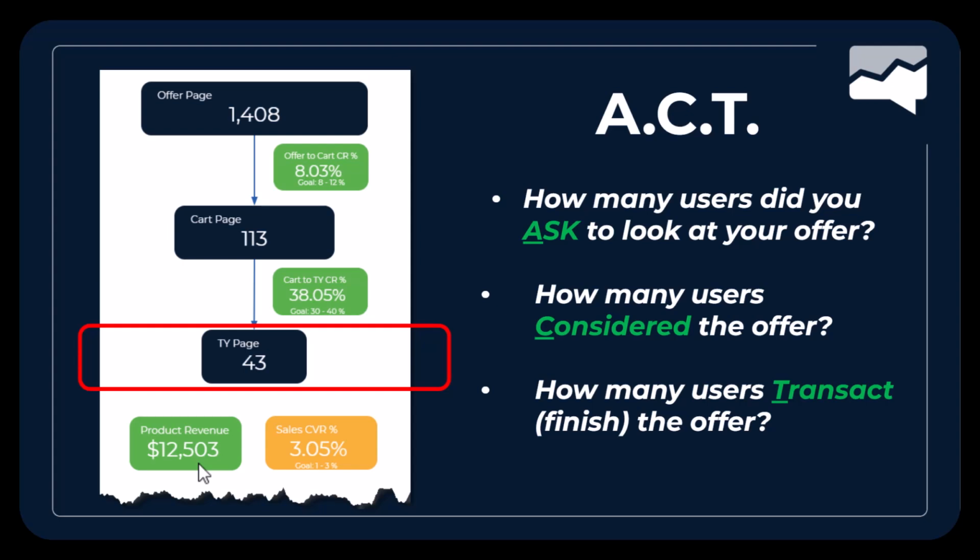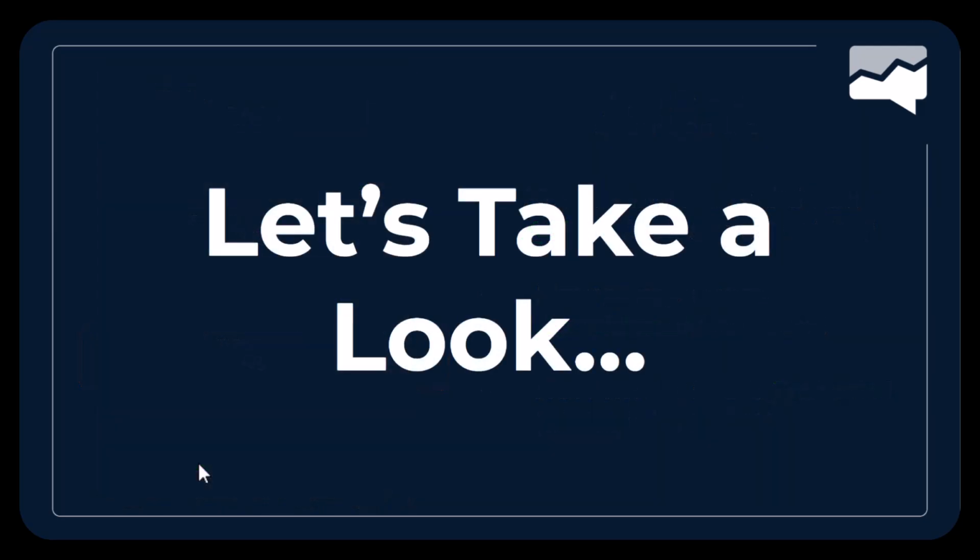And then the C is how many users continued on or considered. And transact would be how many users finished, how many users transacted. So even if it is a lead magnet and they sign up, that lead part would be transact. So let's go ahead and take a look at what that would look like in, say, our favorite whiteboarding